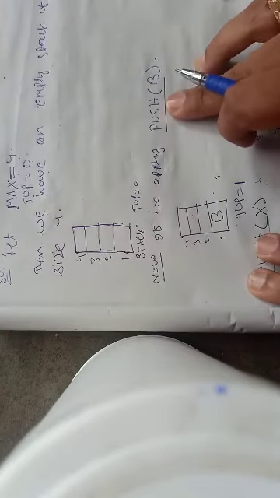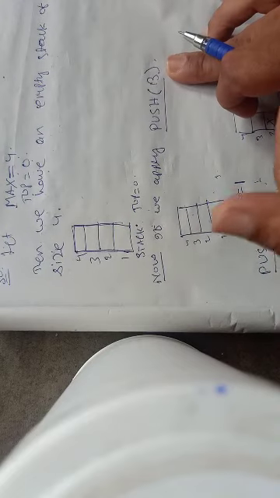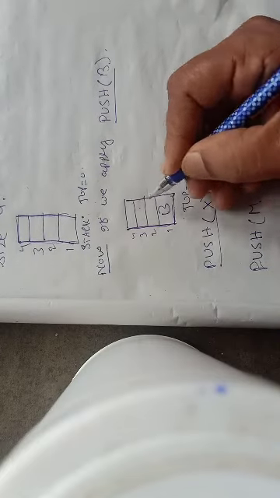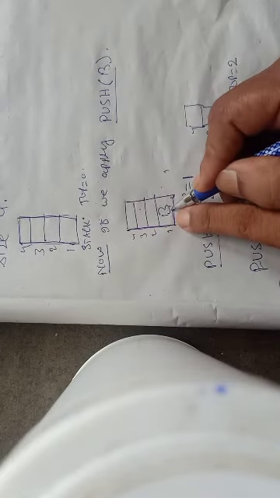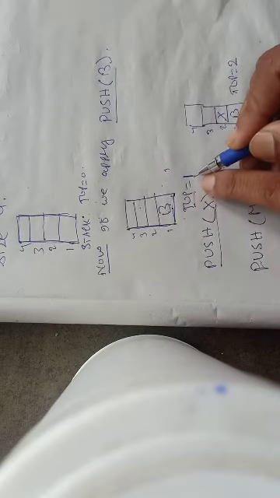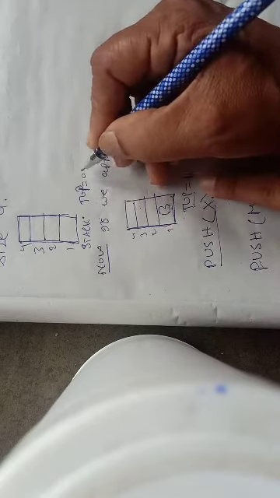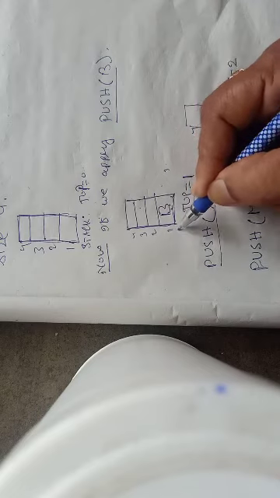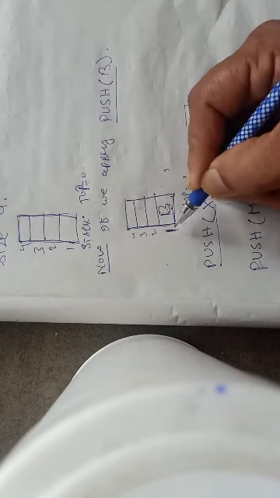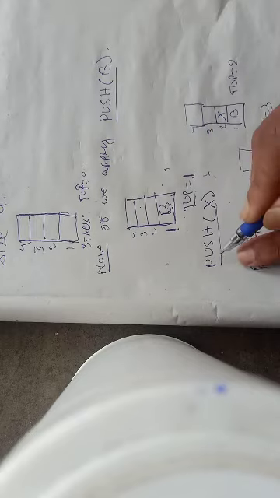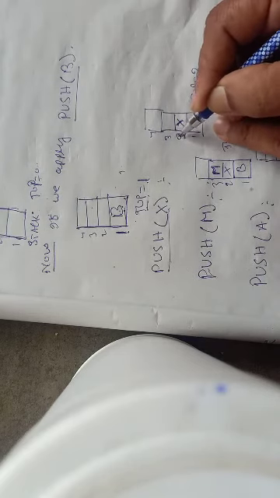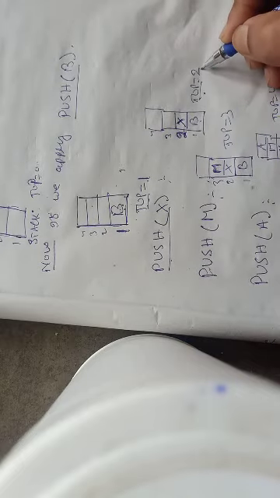Now if we apply a push operation, push B, what changes will take place in the array? After the push operation is successful, B will be positioned here, and the value of variable top should be increased by 1. Initially top was 0, but after one push operation, push meaning insertion, B is inserted, and its index value is 1. So this value is set in top. Now when I perform another push operation, say X, the first one is B, the second is X. This is the last item, and its index is 2. So top should be set as 2.